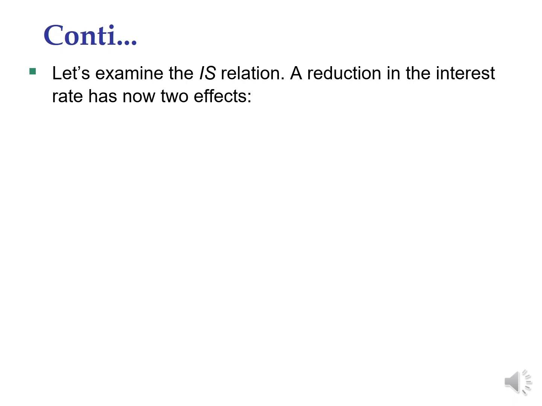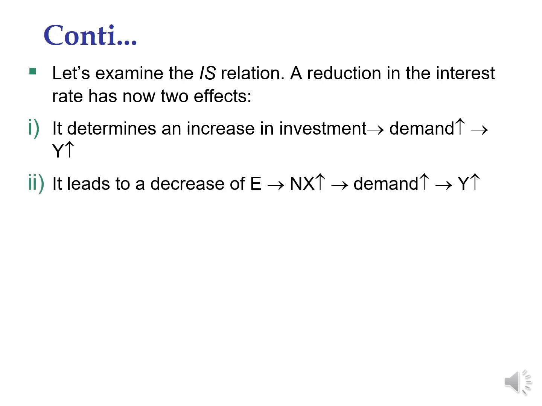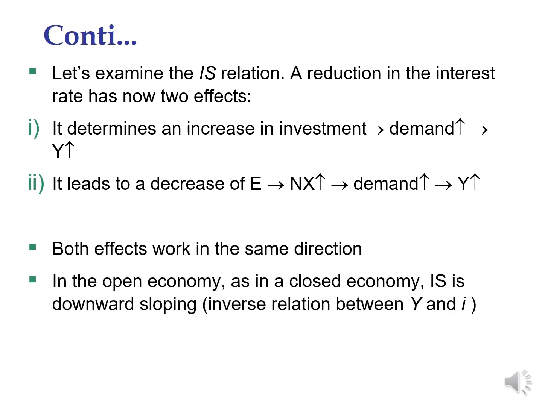Let's examine the relationship of the IS. A reduction in the interest rate now has two effects. Number one, it determines an increase in investment, leading to increased demand and output. Number two, it leads to an increase in net exports, so demand increases and output increases. Both effects are in the same direction. In the open economy, as in the closed economy, IS is a downward sloping, inverse relation between